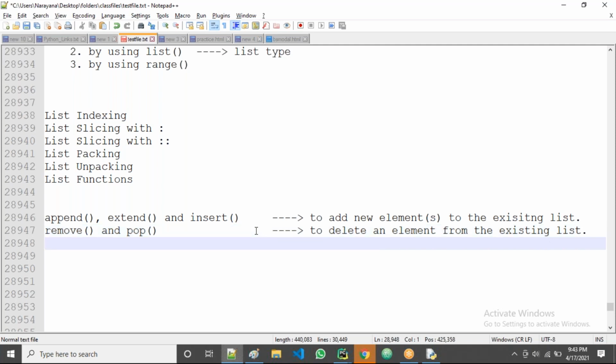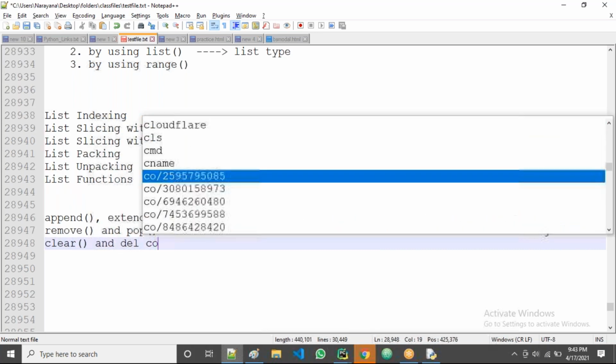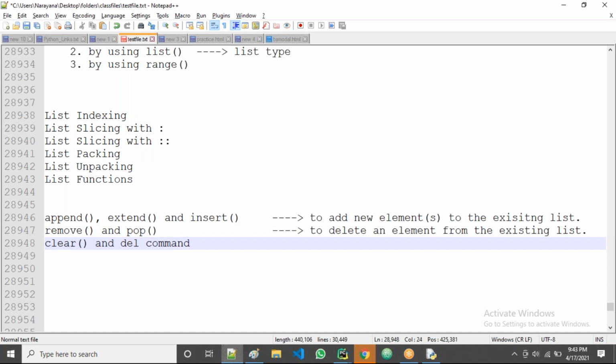Actually, we still have the clear function and also the del command. These are also available for the same purpose, for deleting or removing elements. The main functions are remove and pop, and we can also use the clear function and del command.